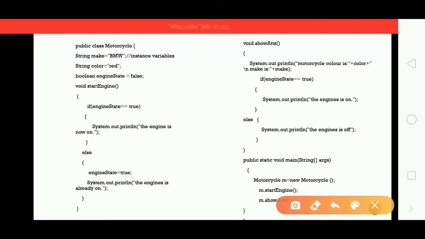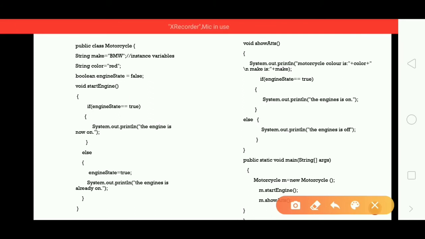Here for these three instance variables I have values. Values describe the state of an object. Void start engine is my first method. Currently the engine state is false. Now here I am checking inside the method the engine state.